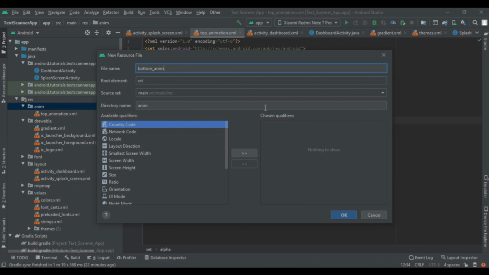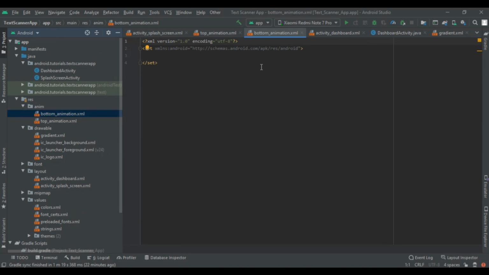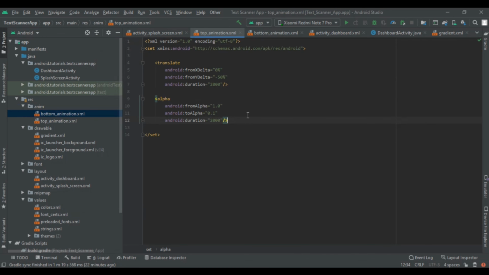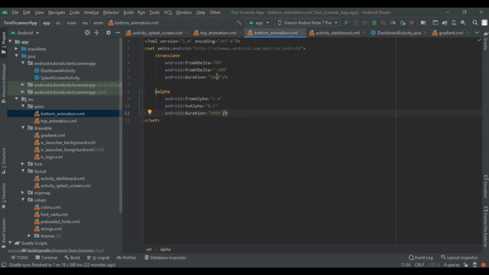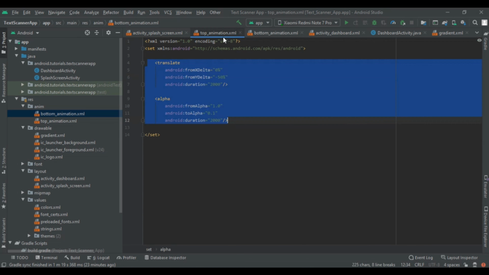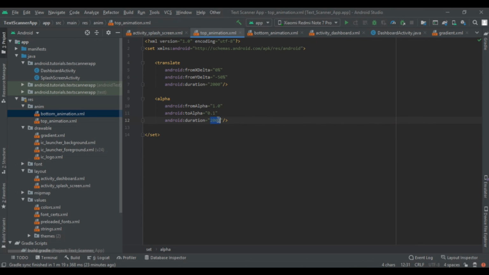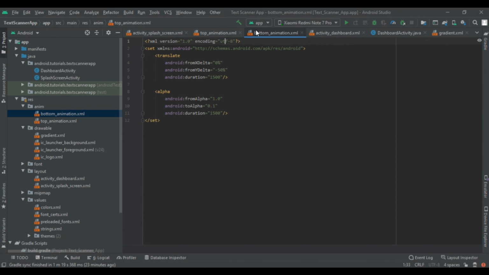After click on OK, then copy this full code and paste in bottom animation and change this duration to 1500 and in alpha also, and in top animation also. Don't change this translate. After that we have created our animations.